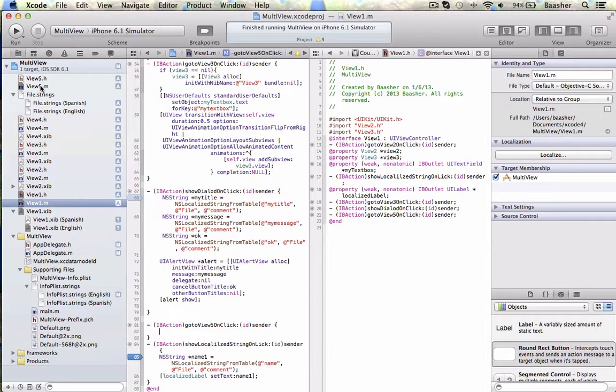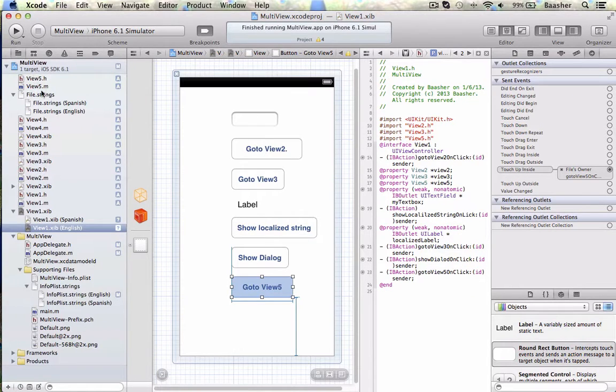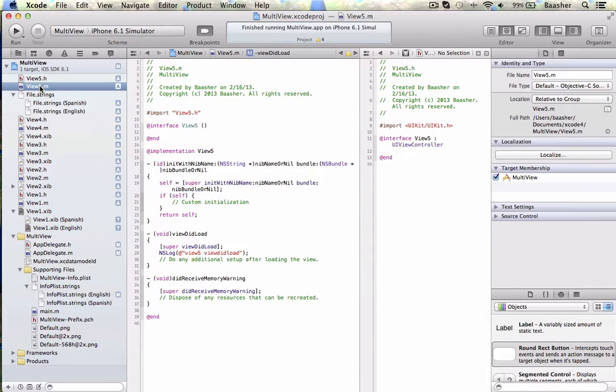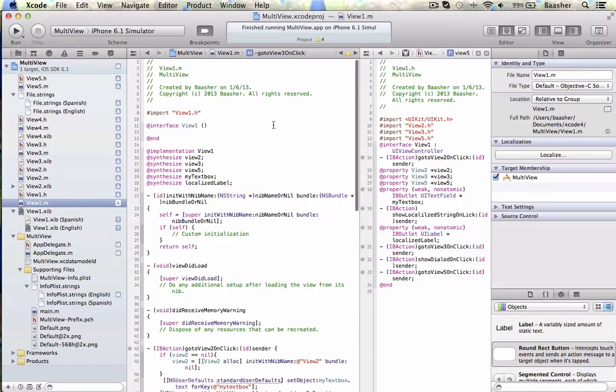Now we're gonna put them all together. Okay, so here's what I've done so far. We added a button, go to view5, then in the project I added a view5 class, which is a subclass of UI view controller. Then in the view1 I imported the view5.h, created a property view5 based on that, synthesized the view5,